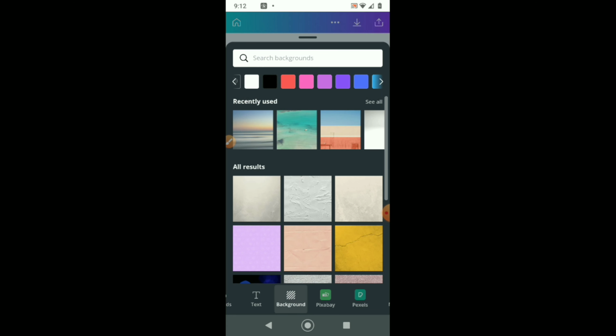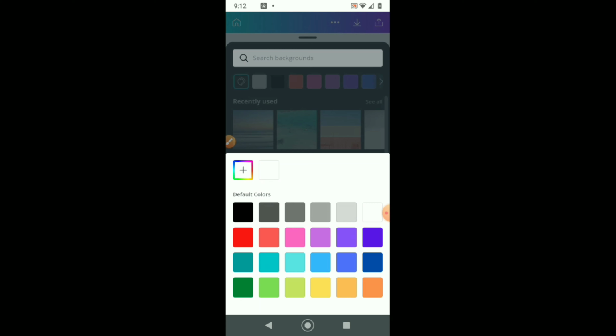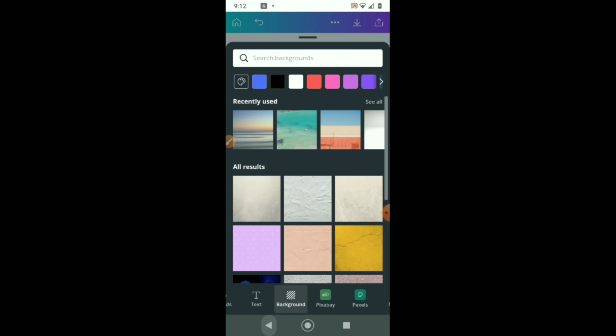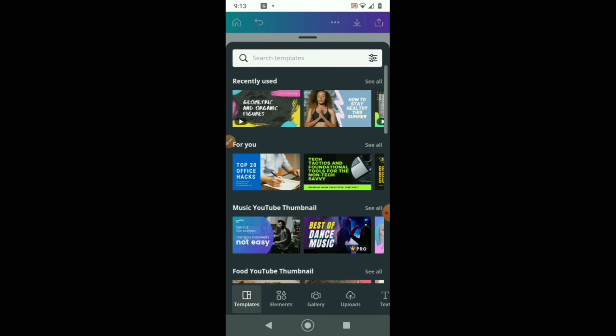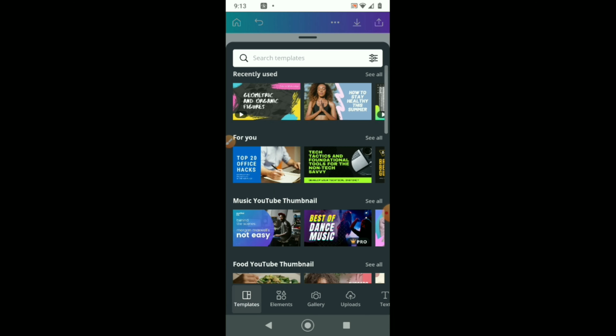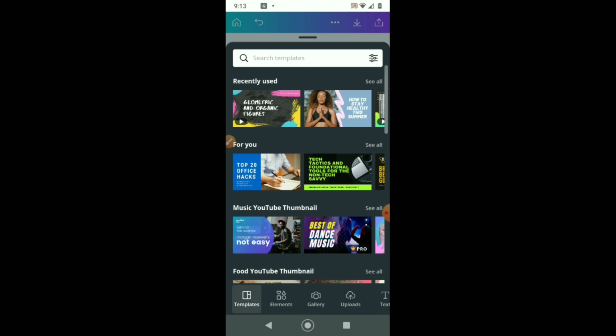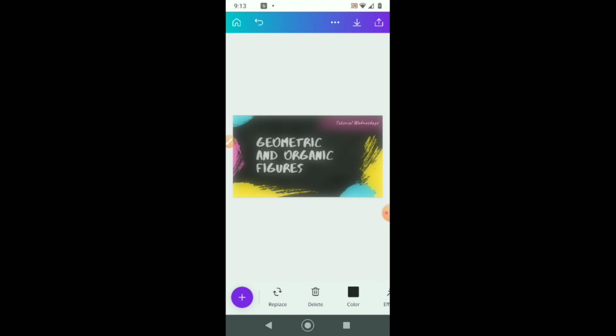Okay, I never use a Kelly color. I was thinking of a color wheel. Night blue. And you go back and here it is. Or go to template. Pick one of these. I'm gonna pick one I recently used. Okay, so it says tutorial page, not one of my branding things. Leave that. Edit this.